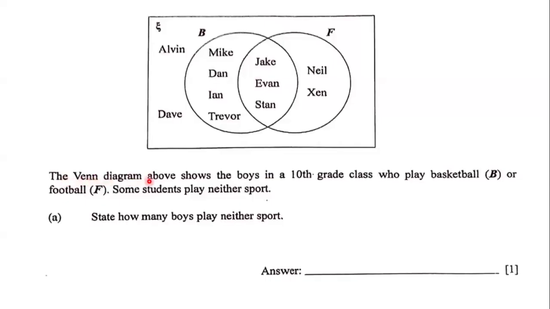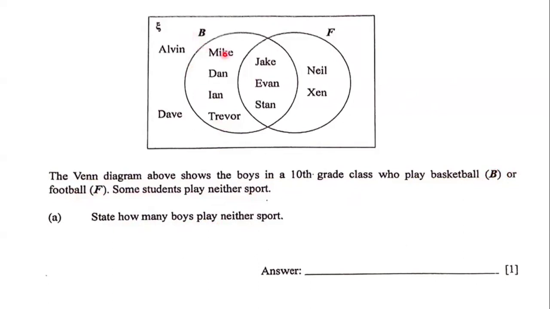The Venn diagram above shows the boys in a 10th grade class who play basketball B or football F. Some students play neither sport. State how many boys play neither sport. Now, in order to determine the number of boys that play neither sport, we have to go on the outside